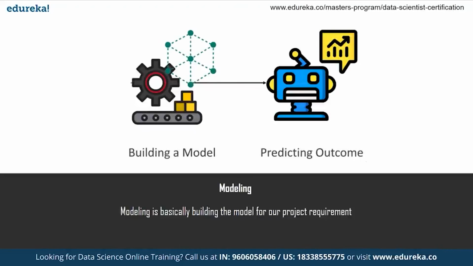After that, the next part is modeling, guys. Which is also a very important part. That is kind of an advanced process that we have in data science. So model is basically building the model for our requirement, guys. But to choose the correct model, we actually need a few more processes. So feature engineering is done to select the particular features, and data is transformed according to the model requirements.